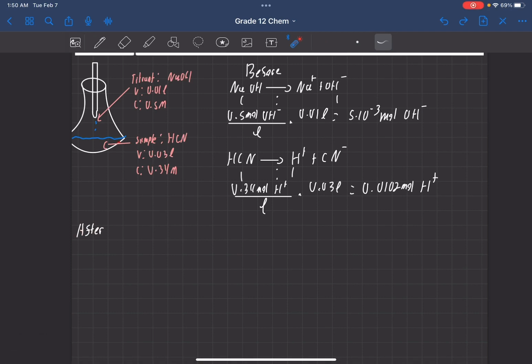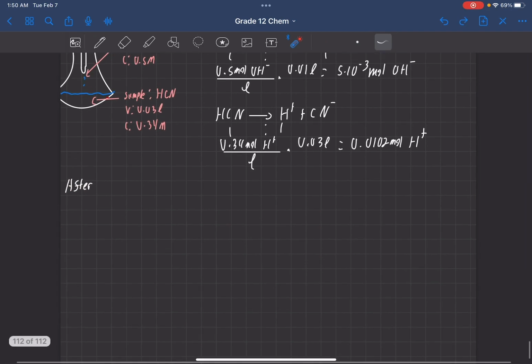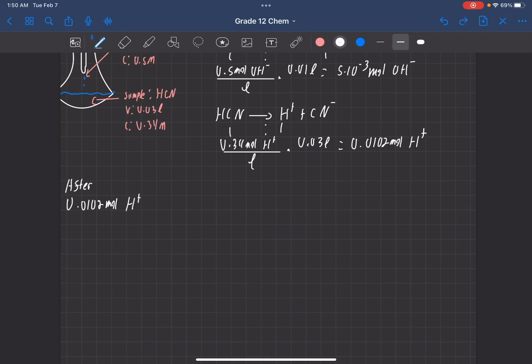All right, so let's do our after statement. So we know that 0.0102 moles of hydronium is greater, so we put that first. So minus 5 times 10 to the negative 3 moles of hydroxide, and we should get 5.2 times 10 to the negative 3 moles of hydronium. So what does that mean? That means that 5 times 10 to the negative 3 moles of hydroxide reacted with 5 times 10 to the negative 3 moles of hydronium, leaving us with 5.2 times 10 to the negative 3 moles of hydronium